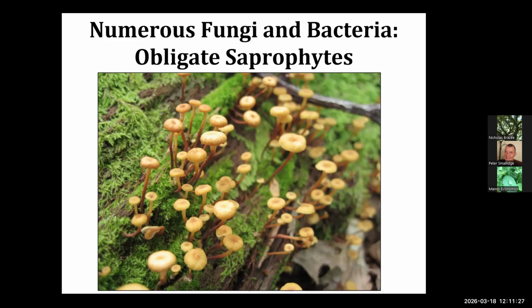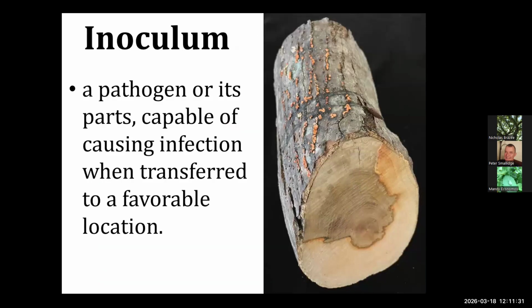Okay, let's tackle another term that is very important in plant pathology, and that is inoculum. Many of you are probably familiar with inoculum. A strict definition is a pathogen or its parts capable of causing infection when transferred to a favorable location. I find that kind of confusing. Basically, it's diseased plant material that harbors the pathogen and allows it to sporulate and spread from that